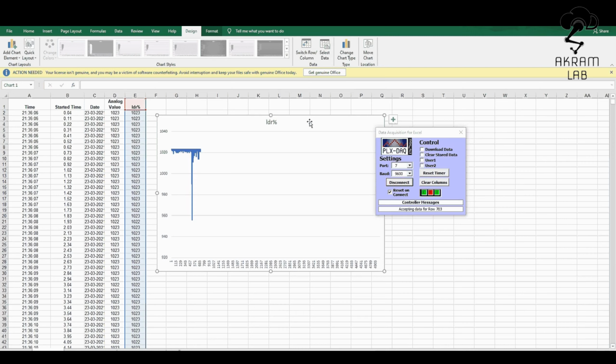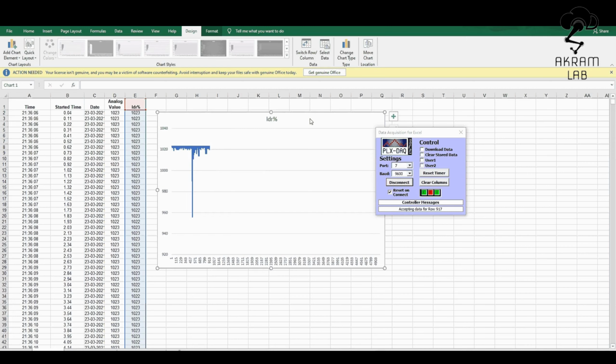In the Arduino IDE you cannot store the data from the serial monitor or serial plotter. You would have to copy all the data, paste it into MS Excel, and then plot the graph. That's a very tedious job. So in this way you can implement this for any Arduino system in MS Excel.